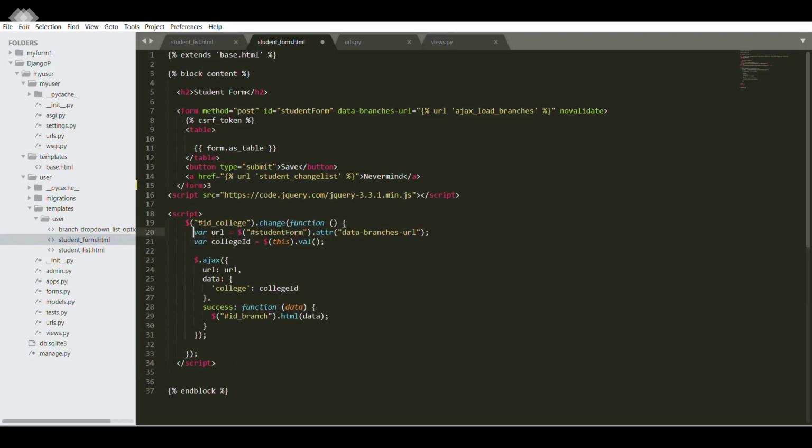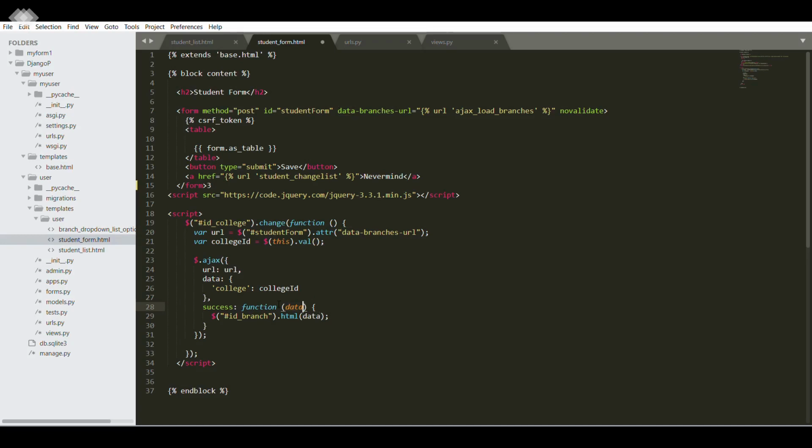Here we are importing the URL of the load data branches function, and we are collecting the ID of the particular college selected. Then we are making an Ajax request for getting the college ID data, passing the data from the view we created, the load data function.